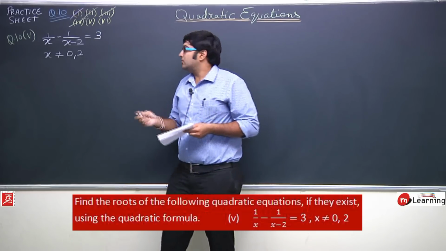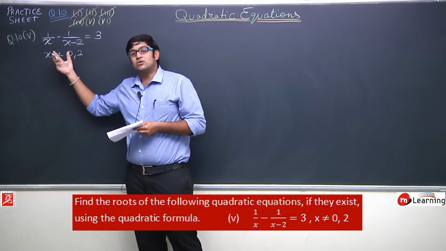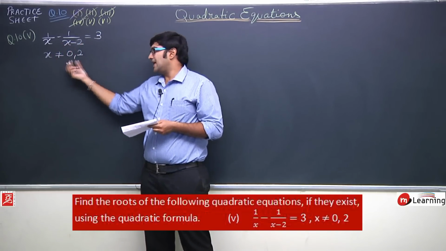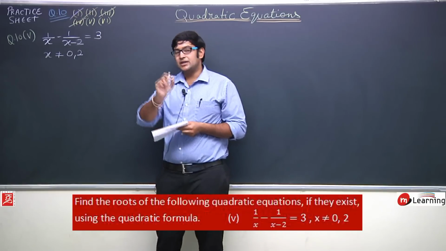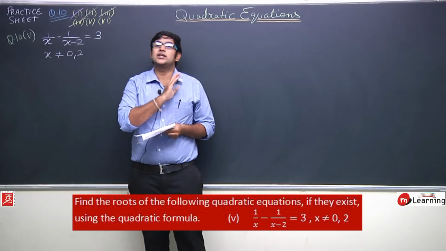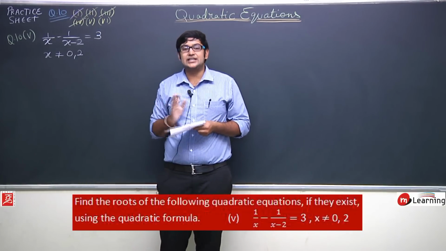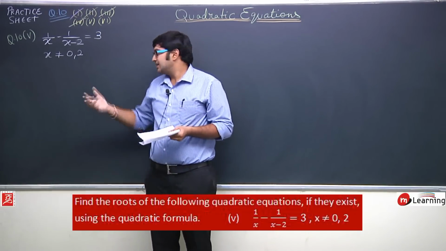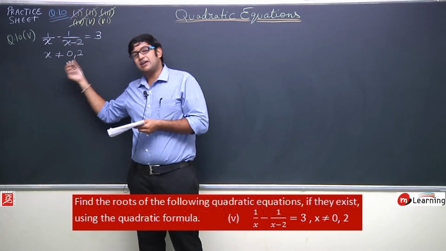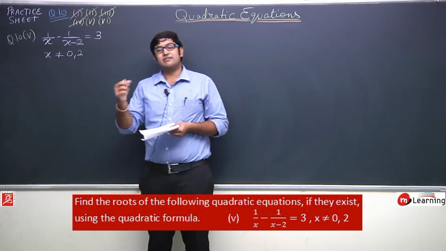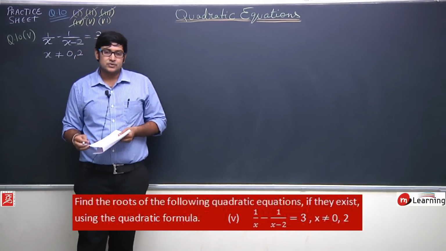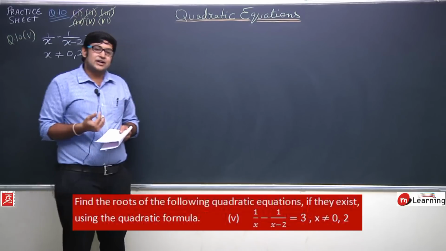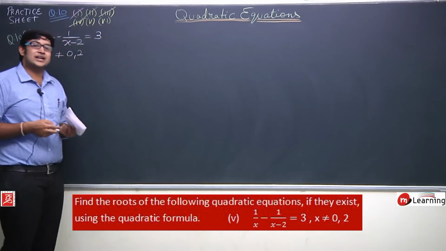That's why for this equation the value of x as 0 and 2 are not valid. यहाँ पर हम x की वैल्यू 0 और 2 नहीं ले सकते। ओके, दिस इज अ कंडीशन। ऐसा हो ही नहीं सकता कि इस इक्वेशन में x का वैल्यू 0 हो जाए या फिर x का वैल्यू 2 हो जाए, ऐसा कभी भी नहीं होगा।